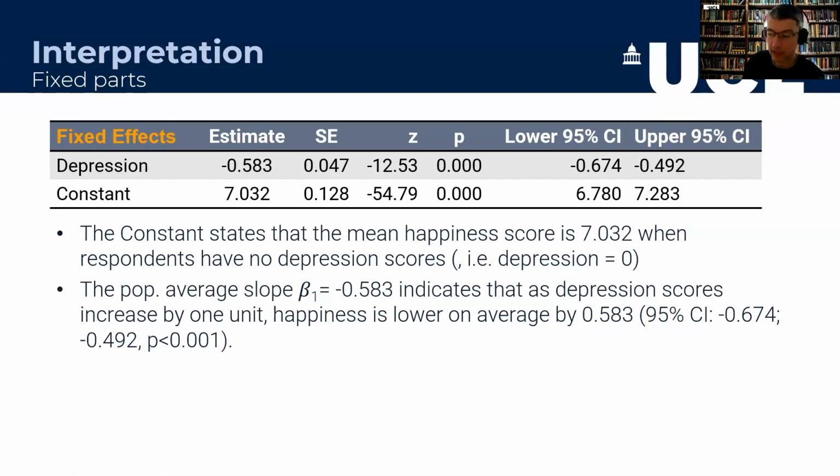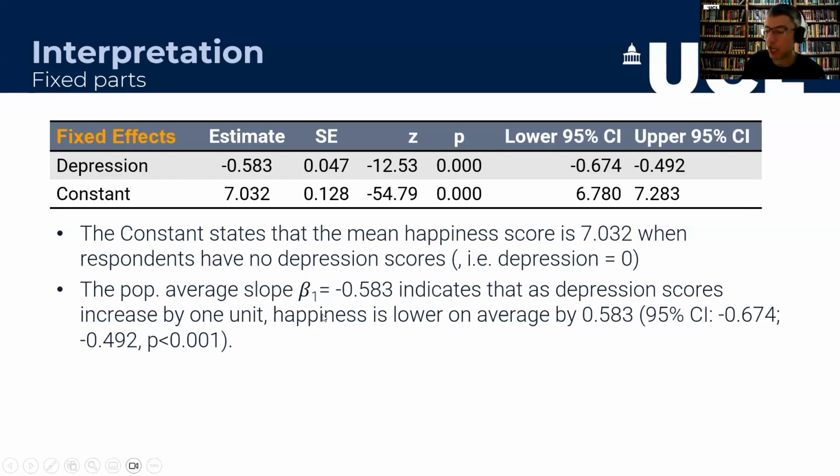And this tells us that as the depression scores increase by 1, on average, happiness levels are lower by a factor of 0.583. And you can see from the confidence intervals and the p-value that this is a strongly significant